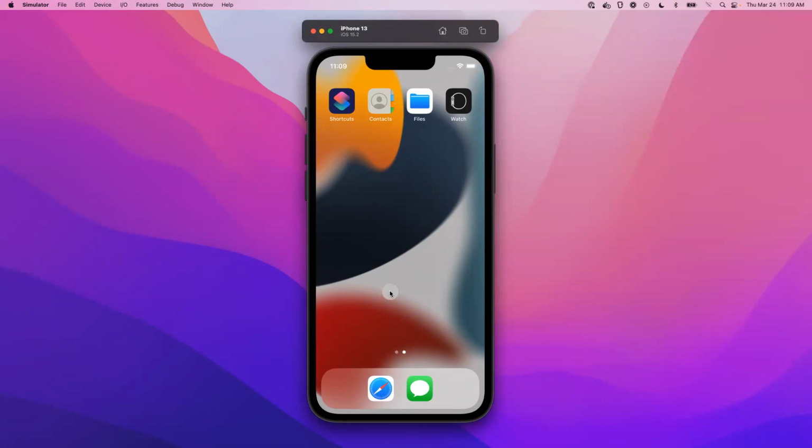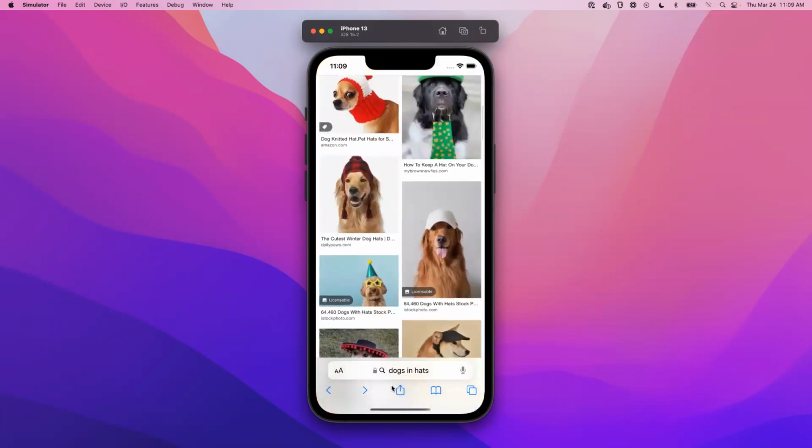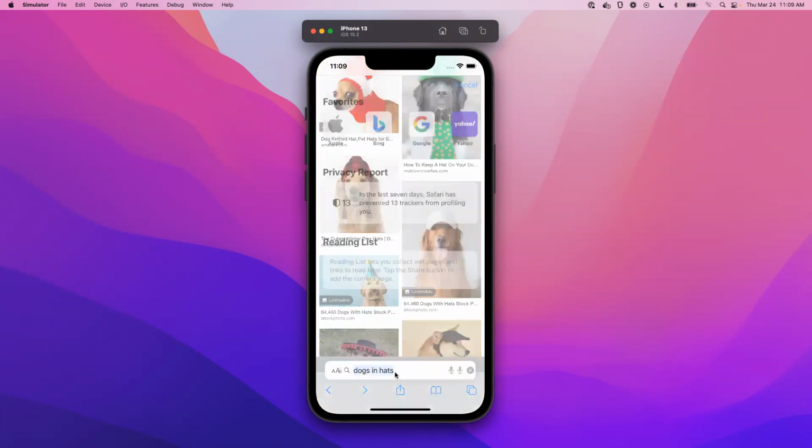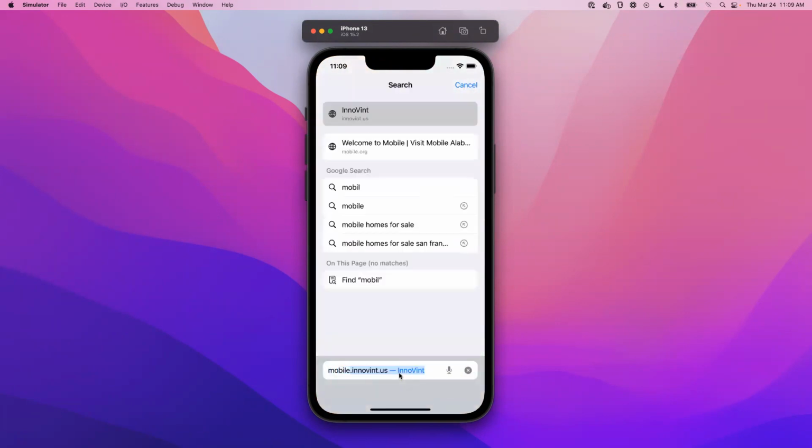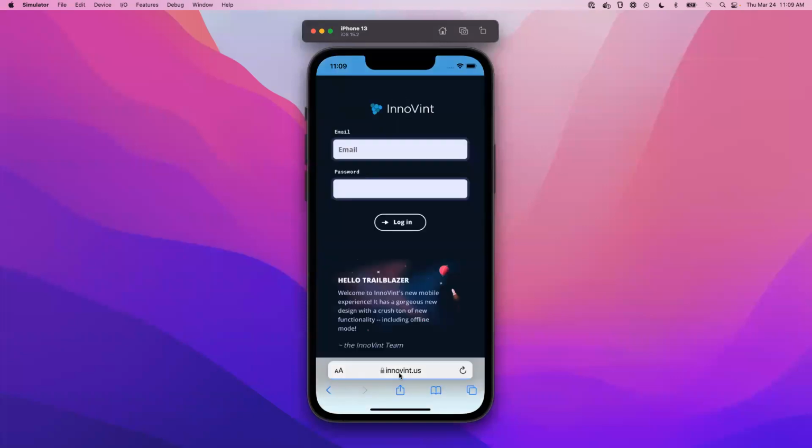Okay, so from your iOS device, it's important to open Safari. Here's the Safari browser. You will go into your address bar, and again, you will simply type mobile.innovint.us. Press enter, and you will now have the app on your phone. You can even stop here. You don't even have to log in. From here, this is where you press the share button on iOS. You'll notice this is a square with an arrow. You click or tap that,